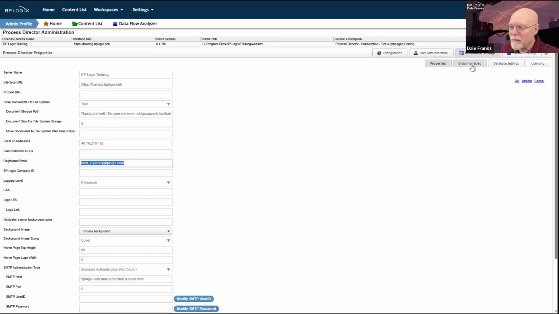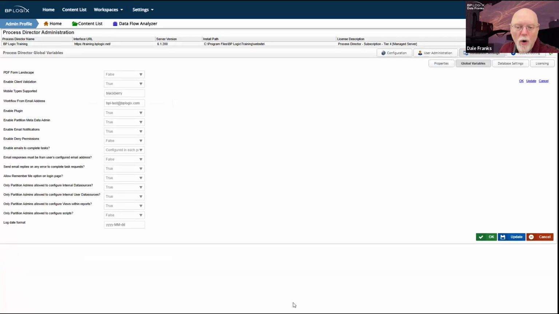Normally, and we have to go to the global variables page to see this, this property right here, the workflow from email address, specifies the default from email address for every process task notification that gets sent by the system. So this is our default. Now, this can be overwritten. In each individual email template on the email data control, you can also specify a from email address there.